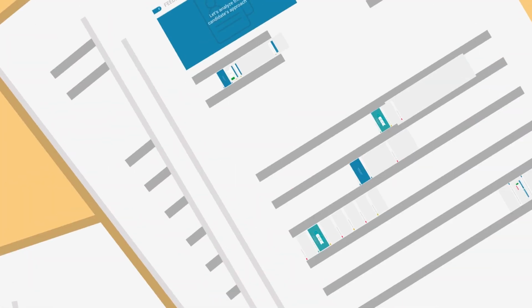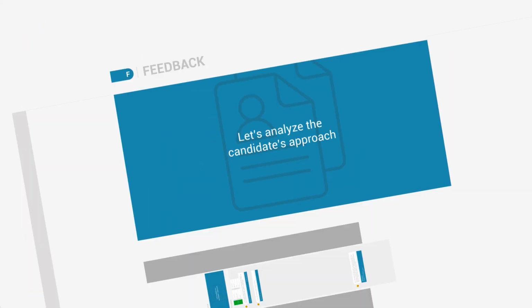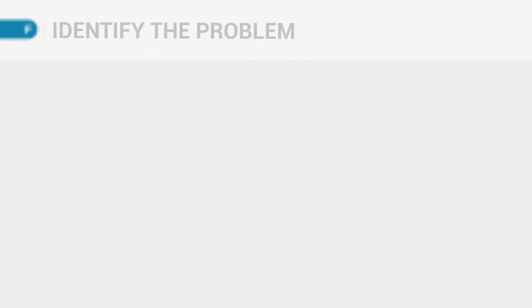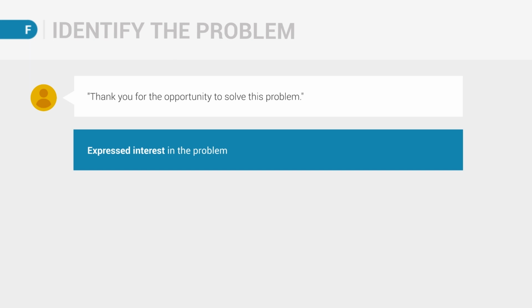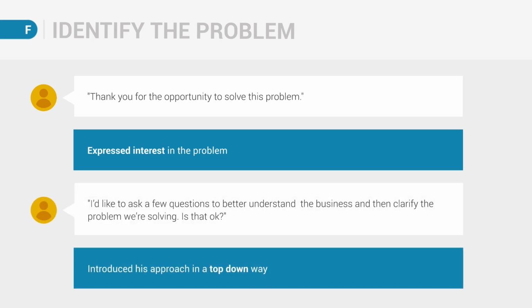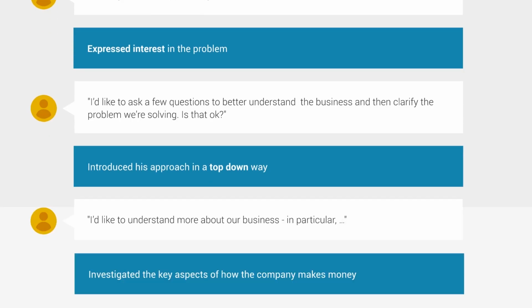Now, let's analyze our candidate's approach so far. First, the candidate started by expressing interest in the problem. After that, they introduced their intended approach in a top-down way, clearly laying out the key areas of investigation. Whilst many candidates tend to ask an unstructured barrage of questions, our candidate focused on understanding the key aspects of how the company makes money. You can learn more about the questions you should ask before starting a case in the Identify the Problem video